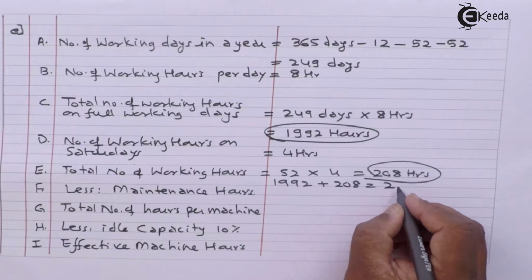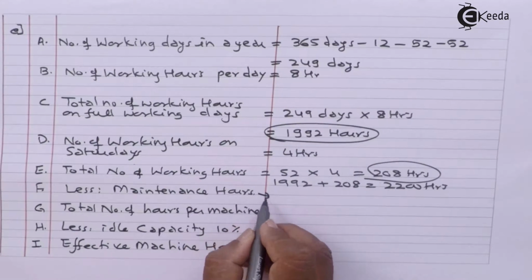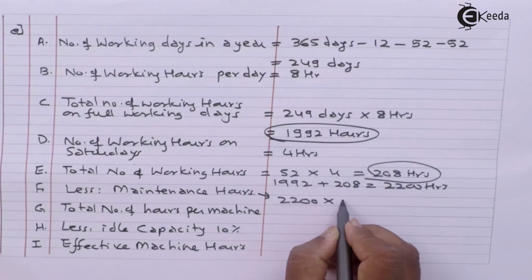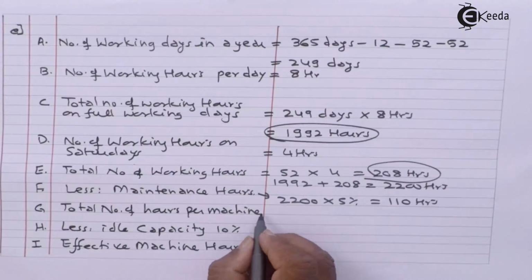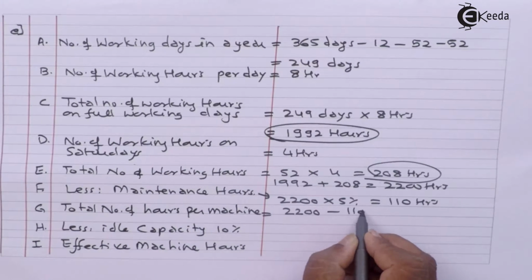It will be 2200 hours. Less maintenance hours, it is given 5%, 110 hours. Total number of hours per machine, 2200 hours minus 110 hours,